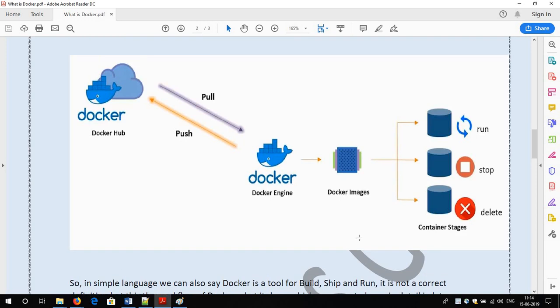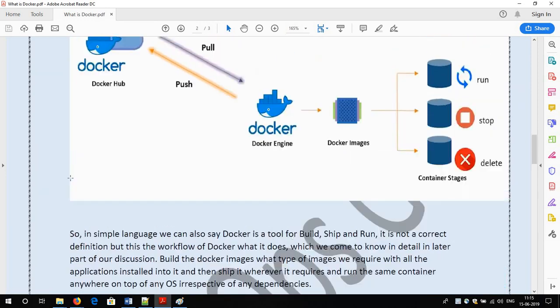For the theoretical section, just look into this flow. This is the flow of Docker. Believe me, if you are able to understand this flow, it will be very easy for you to catch up on what Docker is and how it works. Only then do you have to do the practicals with the commands, but you will be clear with the concept. Okay. So here I want you to have a clear concept of what Docker is and what the requirement of Docker is. I think you got the clear picture here.